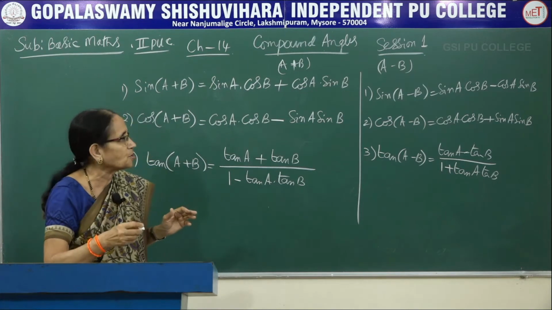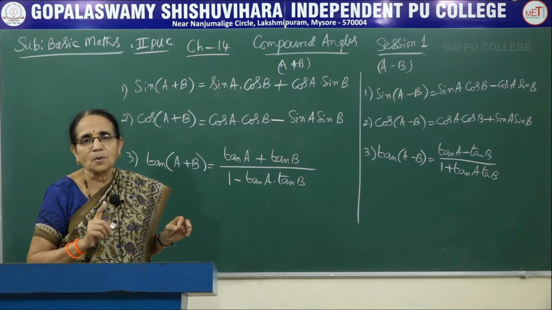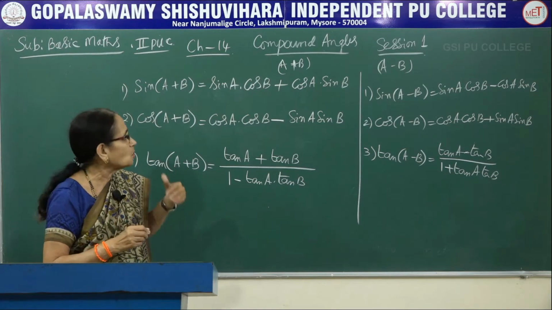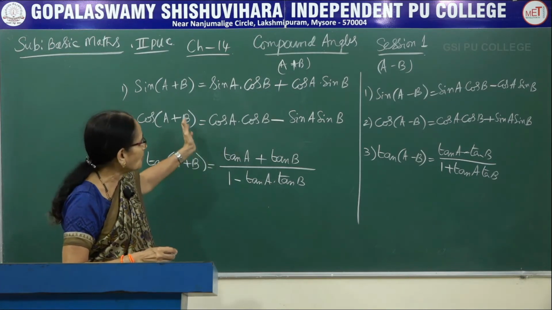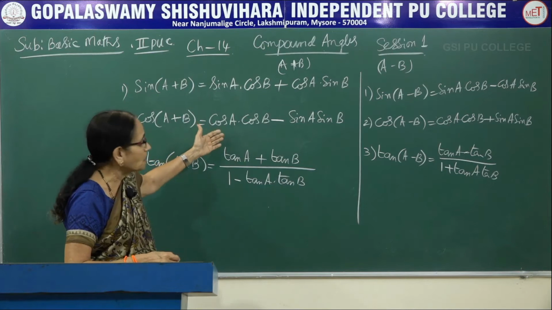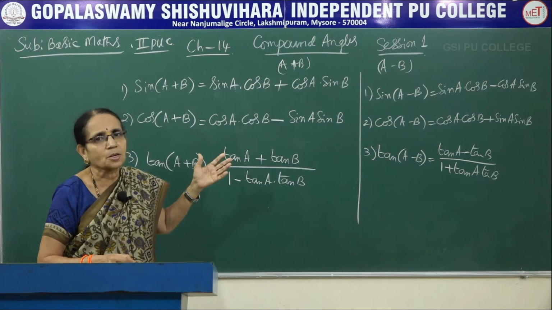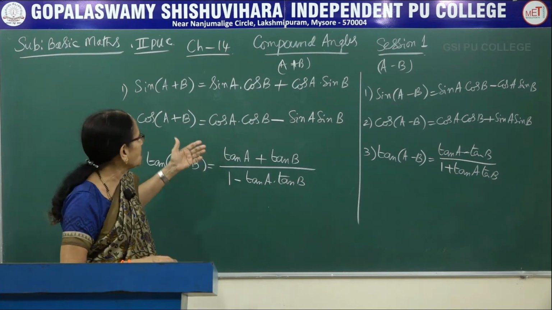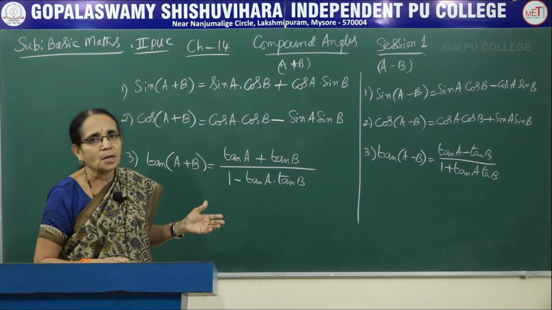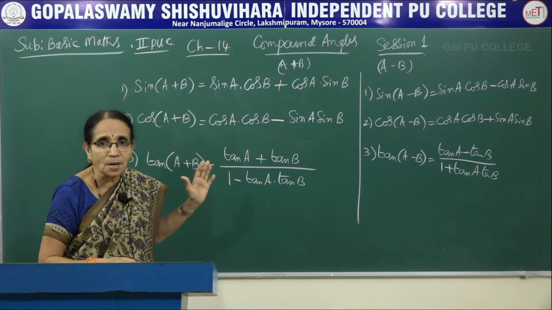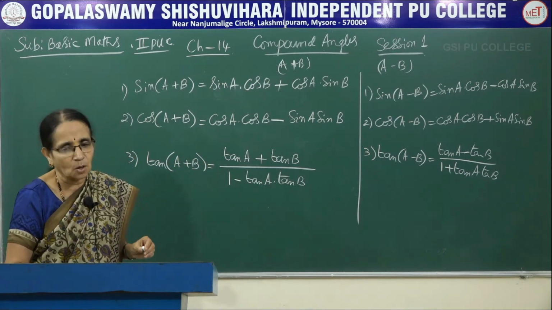That is, in the very first class I had revised the first year PU trigonometry portion. In that one I had given you the three rules of allied angles: rule 1, rule 2 and the ASTC rule. Using them you can get the value of all of them depending upon the angles A and B. If it is an acute angle, all the ratios would be positive. If it is an obtuse angle, sine would be positive and the others negative, like that. Depending upon the values of A and B, we have to allot the appropriate sign and get the value. So for A and B in general, all these results hold good.